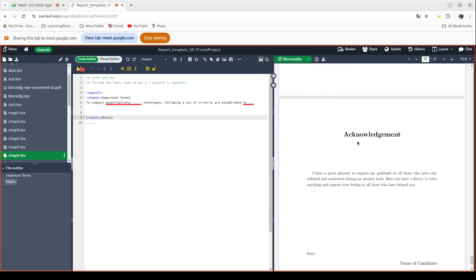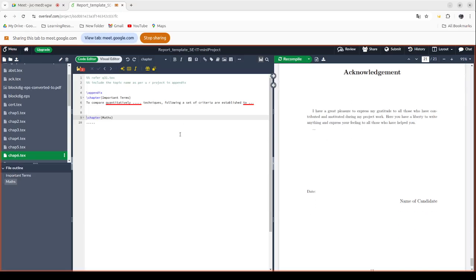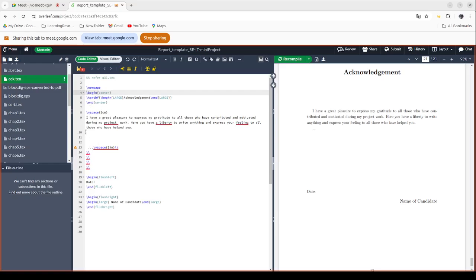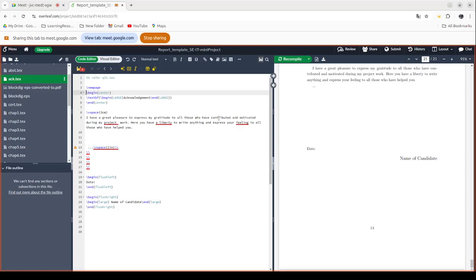But I just gave you information about how you are going to use this overlay and the given template for your task. The same thing is for the acknowledgement. Double click here and this page will open at the left hand side. Make the necessary changes. Done. In this way, very easily you can create your report. Then you will download this PDF, and this PDF file is what you have to submit as your project report. This way, very easily, you can start using